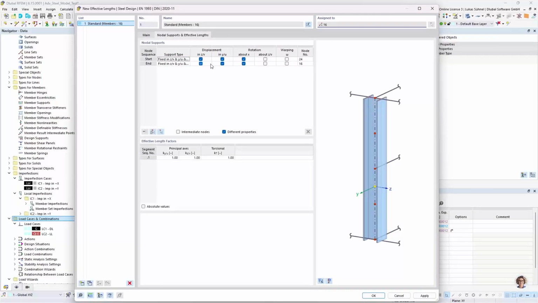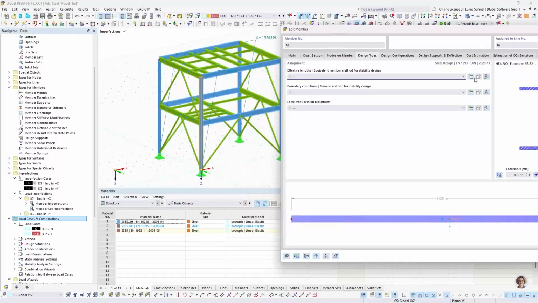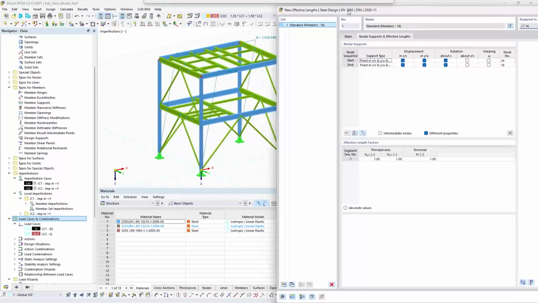Let me close this dialog one more time because I want to show the structure at the same time. So I move this a little bit to the side, and like this and this. And now I have to define basically how this column is supported for the internal eigenvalue method for the determination of MCR, which we need for the lateral torsional buckling check. So the default setting is that we have a fork supported beam. So a support at the start and at the end of the column in this case. We don't automatically detect any additional